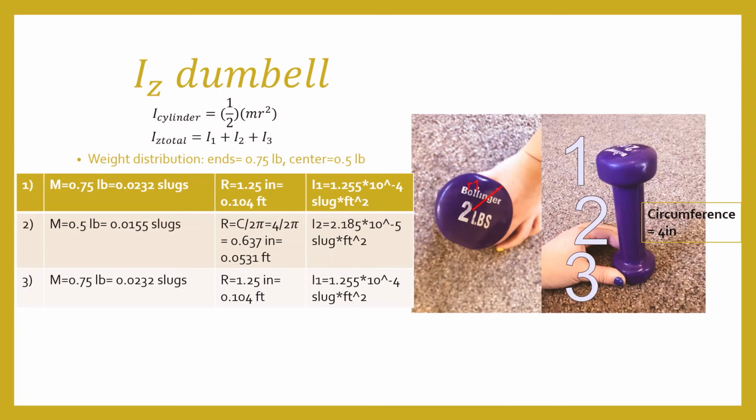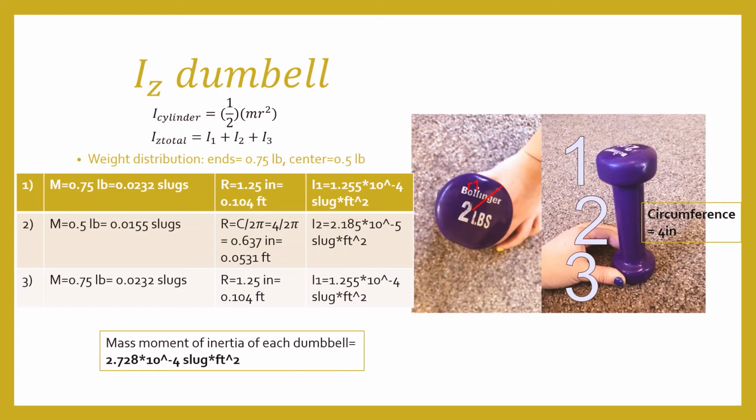Again, in order to find the radius of section 2, the circumference was taken using a measuring tape to be 4 inches and divided by 2 pi to find the radius. All mass measurements were converted to slugs by dividing by 32.2 and the length measurements to feet by dividing by 12. As found with the heavier weights, this equation accounts for the axis of rotation being directly through the weight, so the parallel axis theorem does not apply. The total mass moment of inertia of the dumbbell is found to be 2.728 times 10 to the negative fourth